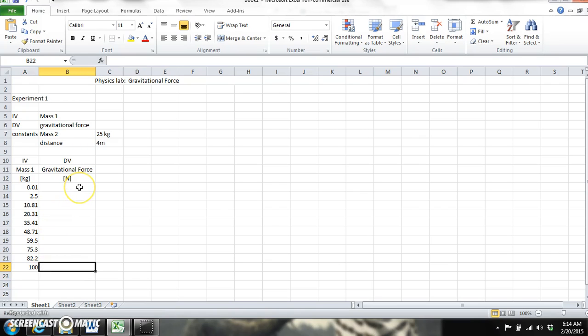Now I'm going to go back and use the simulator, and for each of these values of mass 1, I'm going to record what measure of gravitational force it gives me. The gravitational forces here are quite small, and so I need to enter them in scientific notation. So for the first one, the value that the simulator is giving me is actually 1 times 10 to the negative 12. So I can enter that in scientific notation by putting the